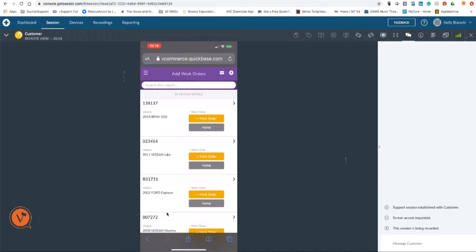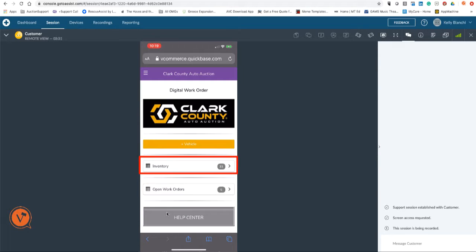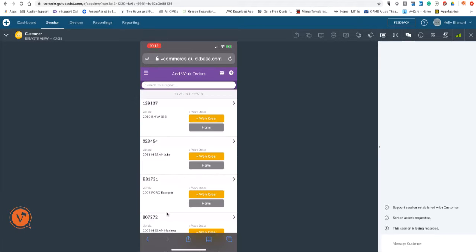This is going to take us to our inventory list, but let me show you how to get there if you've already put the vehicle in inventory. I'm going to click home on one of these vehicles, and we're going to go back to our list, and you see the inventory list here. I'm going to click on that,